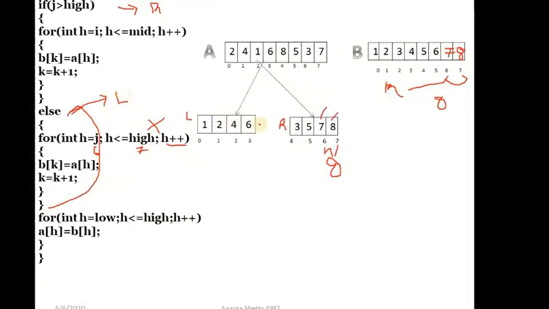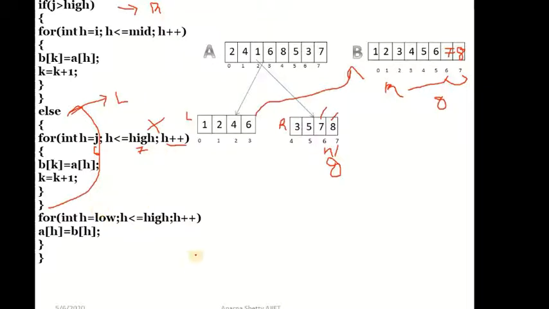We had finished putting all the elements of this left subarray to B array. What was pending is to put the remaining elements of this right subarray to B array. That we did using this else part. In our condition, the left subarray had completed copying all its elements to B, and we had to copy the remaining elements of the right subarray to B. That we have done using this for loop.